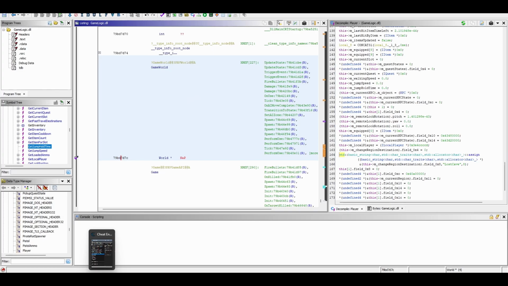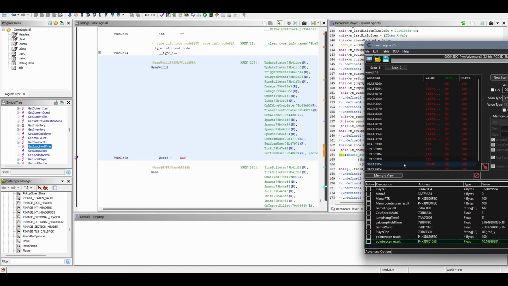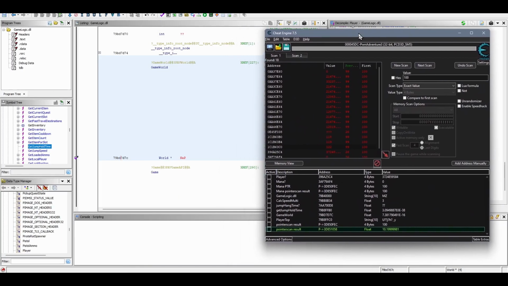So I checked this address out in Cheat Engine. I went back and forth a little bit, poking around in the memory areas and so on. Here is the address to game world, just so that I could easily reference the address later. And poking around in there, I went back to